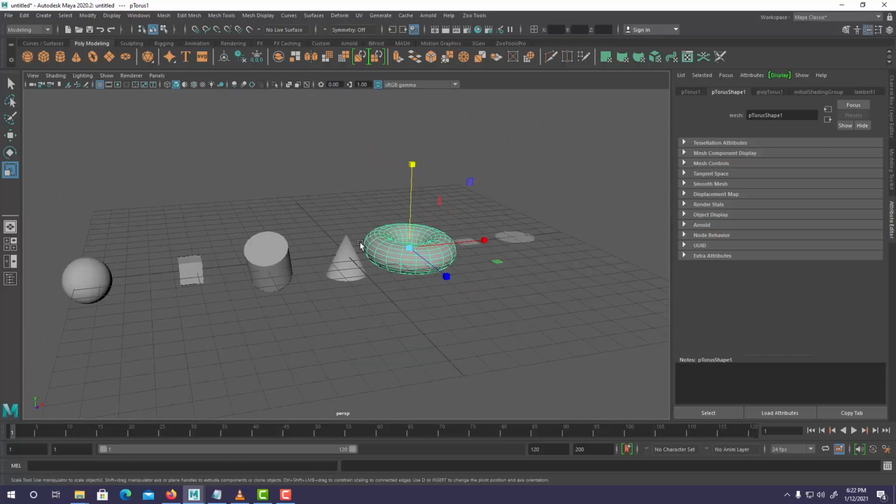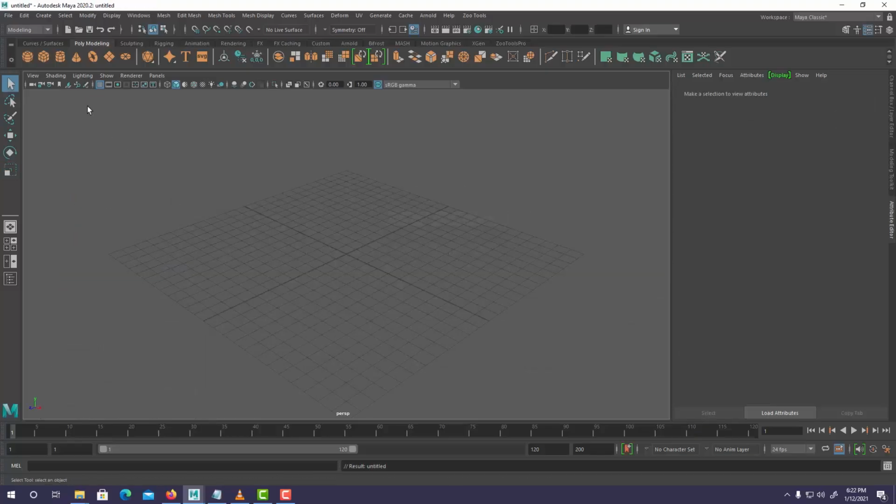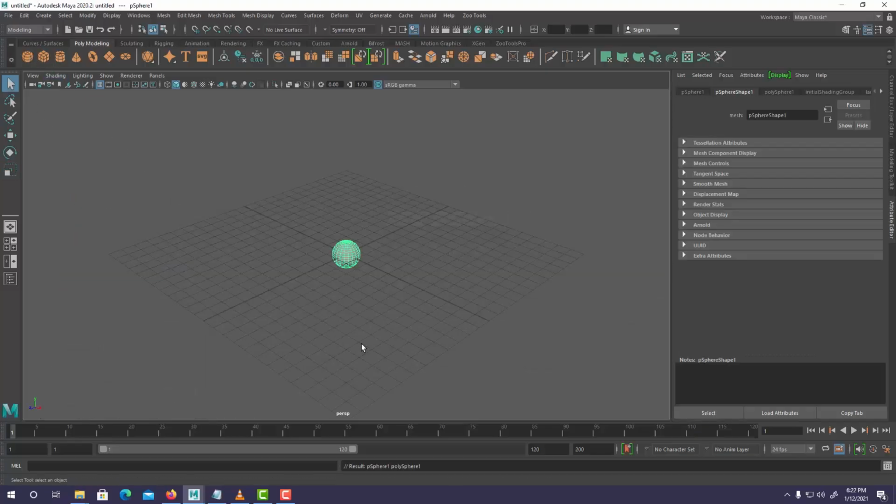Now each object is made up of different components, so I'm going to work with just a sphere. I would create a new scene by pressing Ctrl N on my keyboard. I will not save, and then